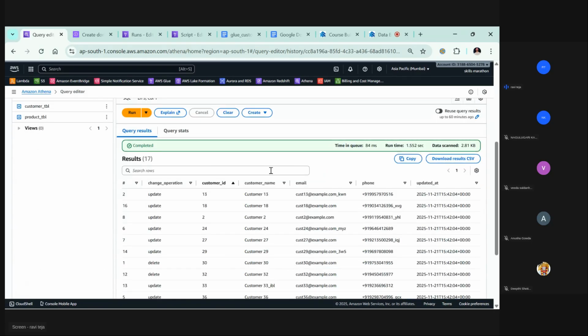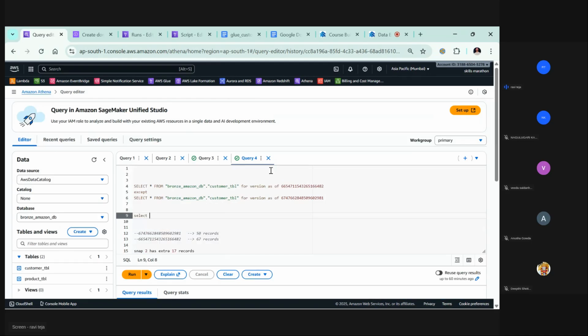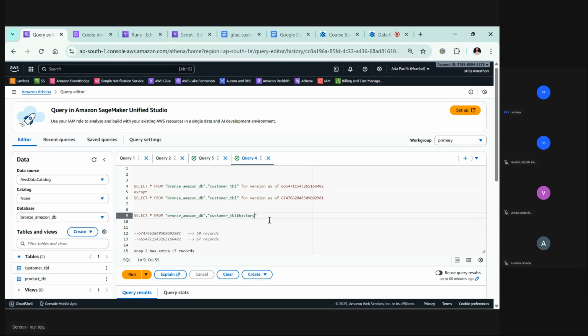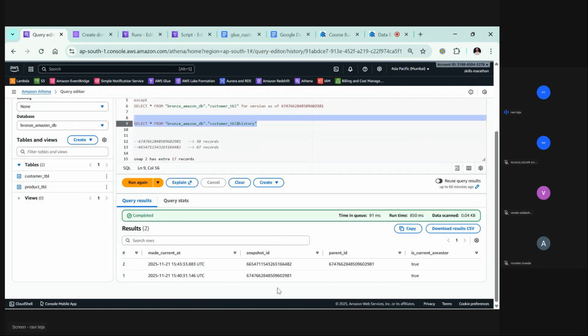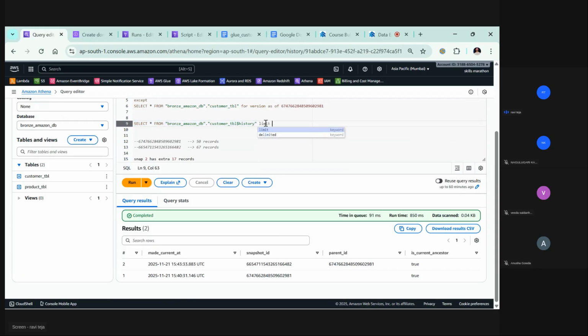The history we saw just now. Select star from, we copy this, dollar history. Let me try to run this. See, if I run this, I got two snapshot IDs. Now what I will do is limit it to one.